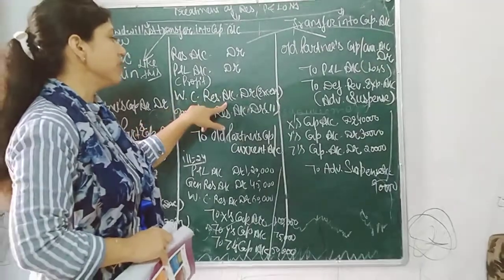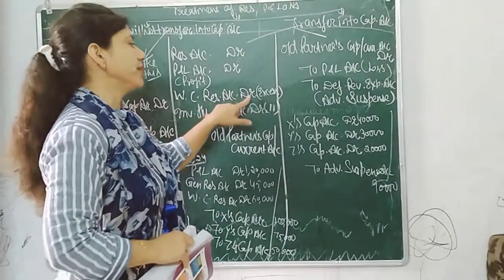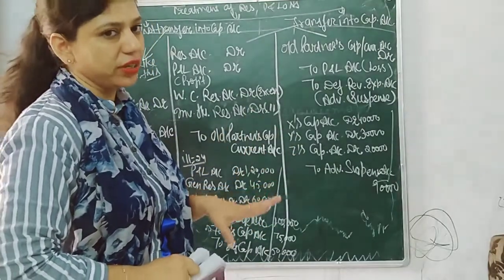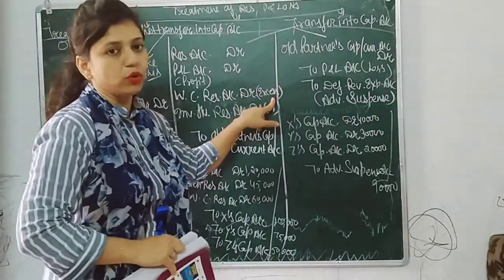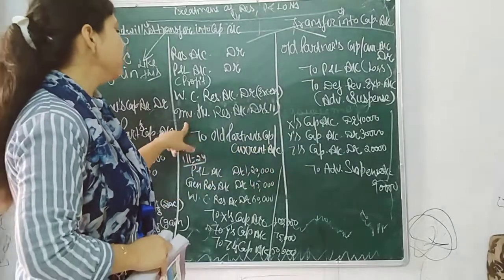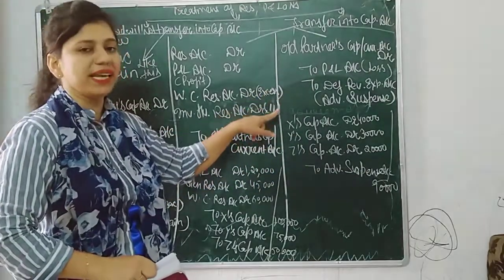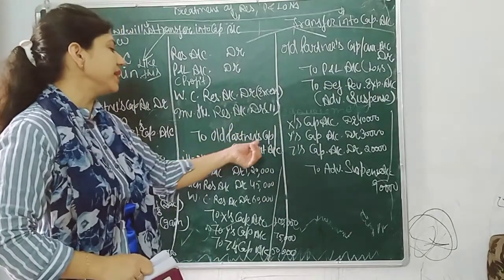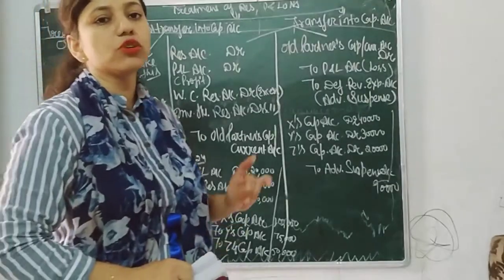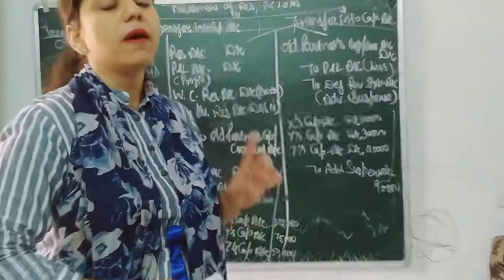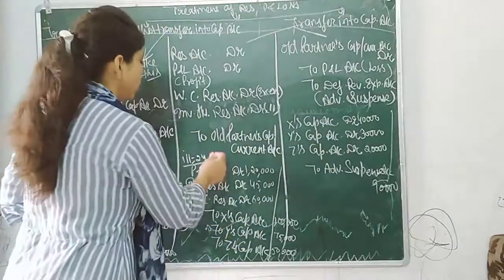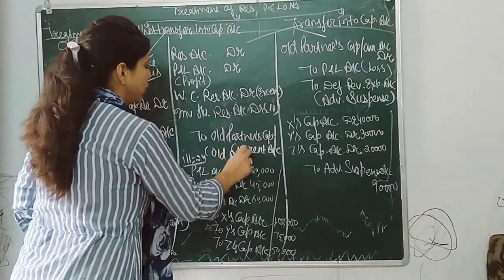For WC reserve, that means workman compensation reserve, the account is debited with the excess of claim. There can be a claim regarding workman compensation. The excess concept we will discuss in the next video. Investment fluctuation reserve account is debited, again with the excess amount, to old partners' capital or current account in the old ratio. Keep it in mind that goodwill should be divided in sacrificing and gaining ratio, but all other things will be divided in the old ratio.